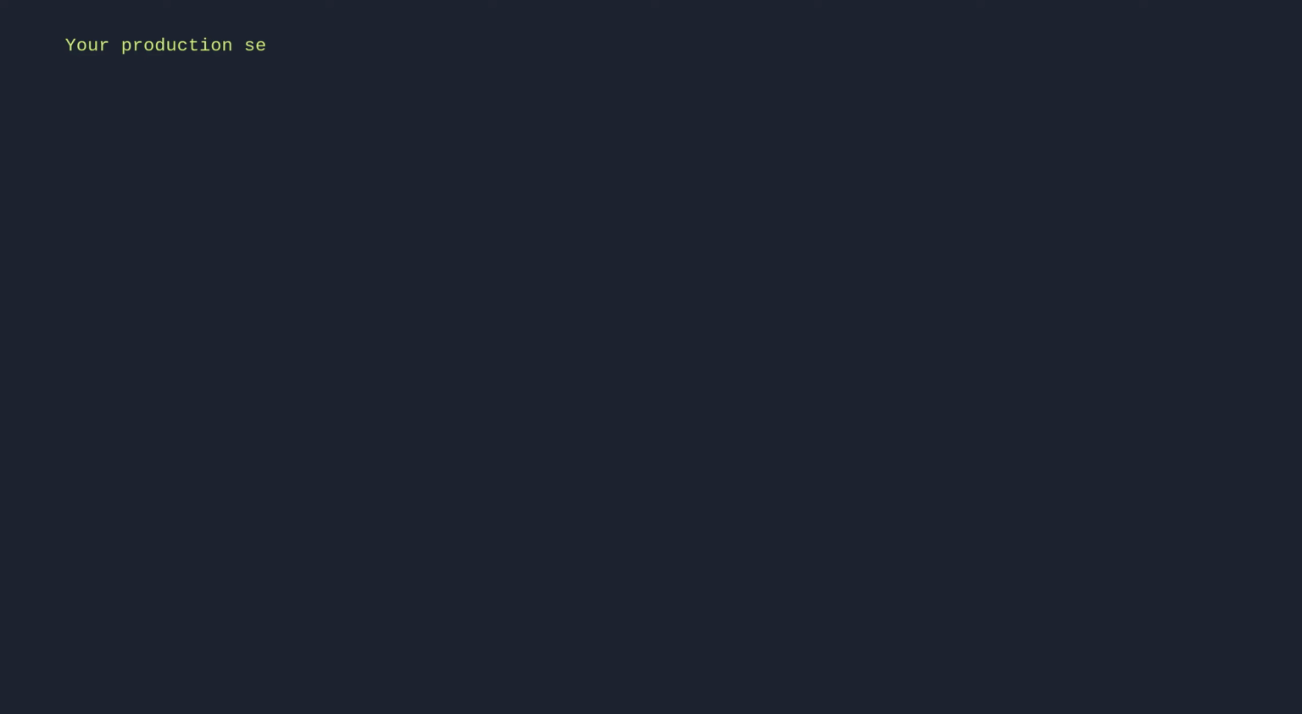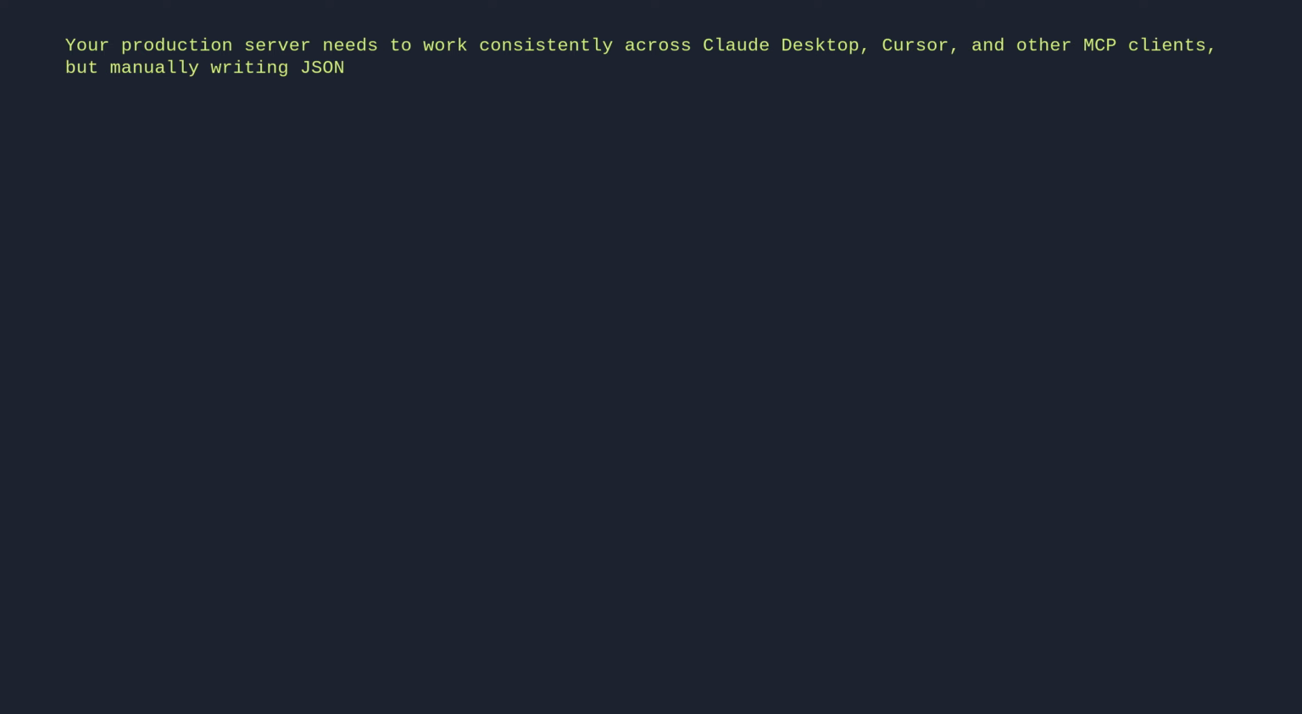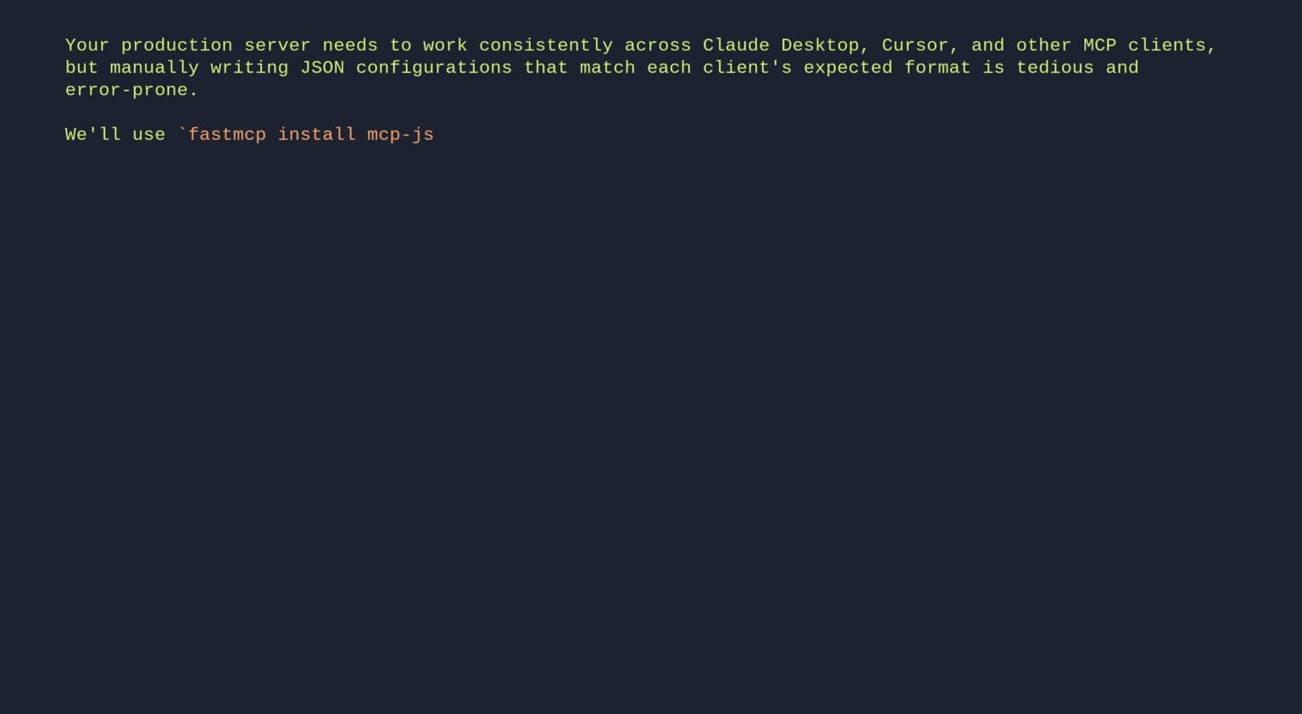Your production server needs to work consistently across Claude Desktop, Cursor, and other MCP clients. But manually writing JSON configurations that match each client's expected format is tedious and error-prone. We'll use FastMCP install MCP JSON to automatically generate standardized MCP configuration, where the server name becomes the root key